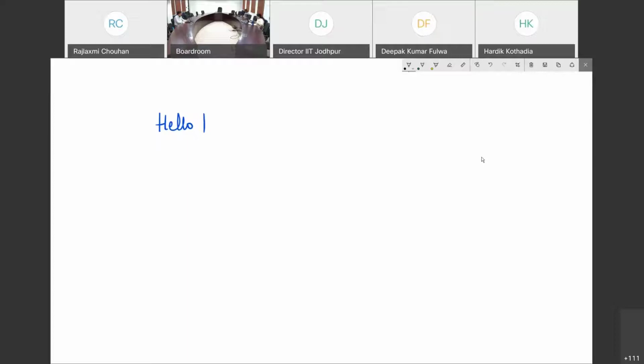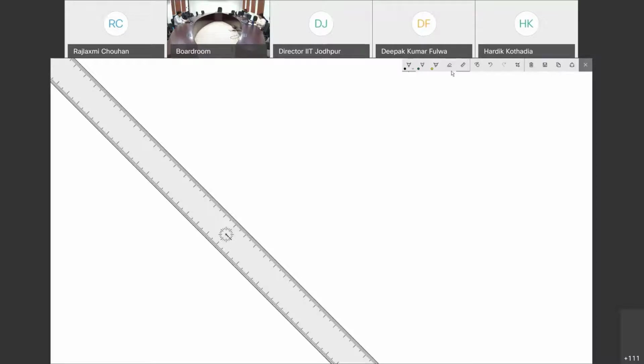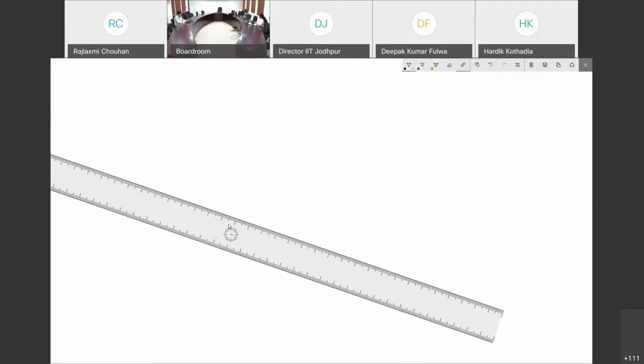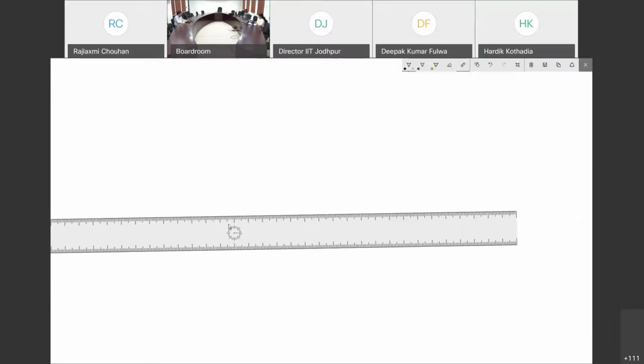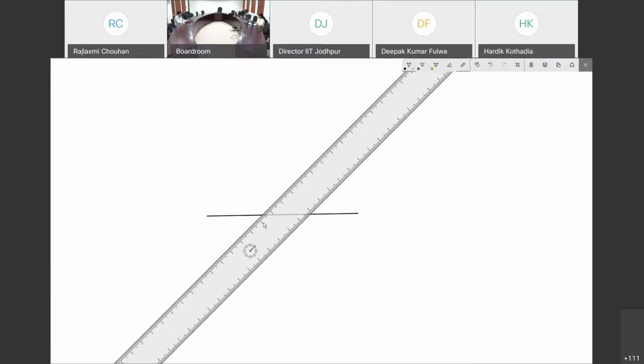Now, one particular feature that I really love about this particular software is this ruler. So when you activate this ruler, you use a mouse, you can scroll and you can change the alignment of this ruler, and then you can draw just how you would draw on a piece of paper.